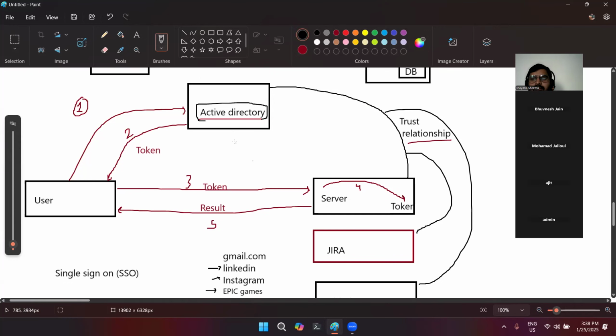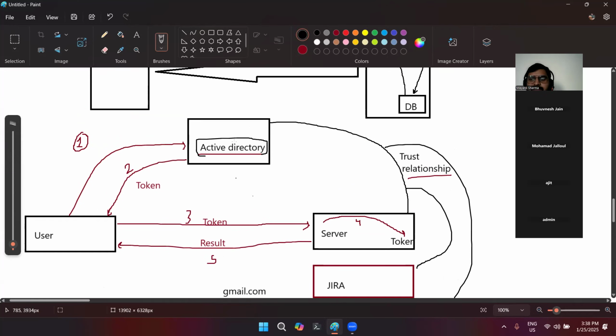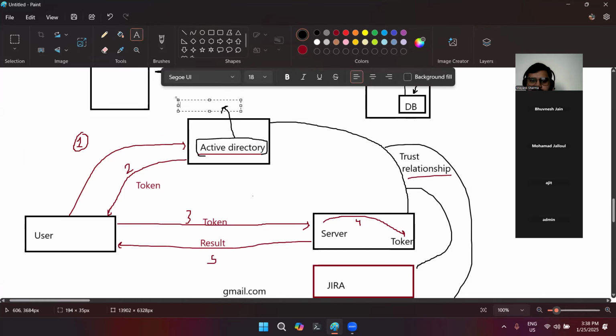But later on, when Microsoft introduced Azure Cloud, the first thing Microsoft did was migrate this Active Directory to Azure, and then called it Azure Active Directory.